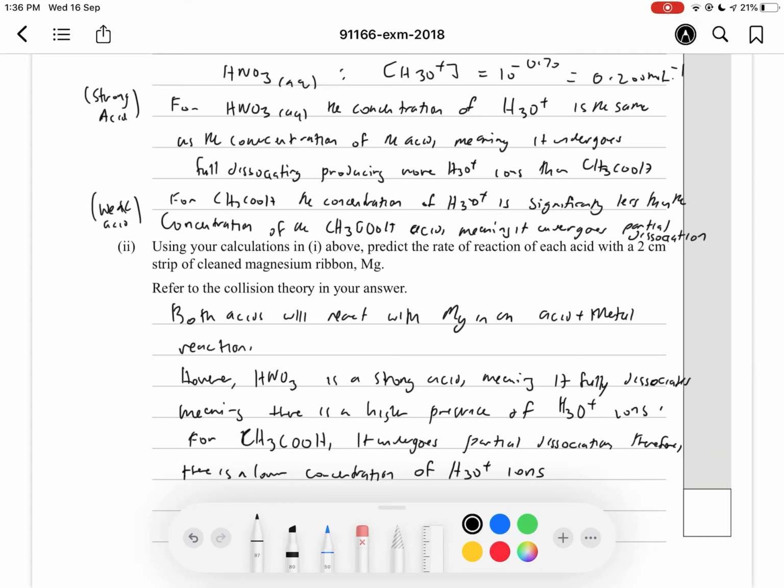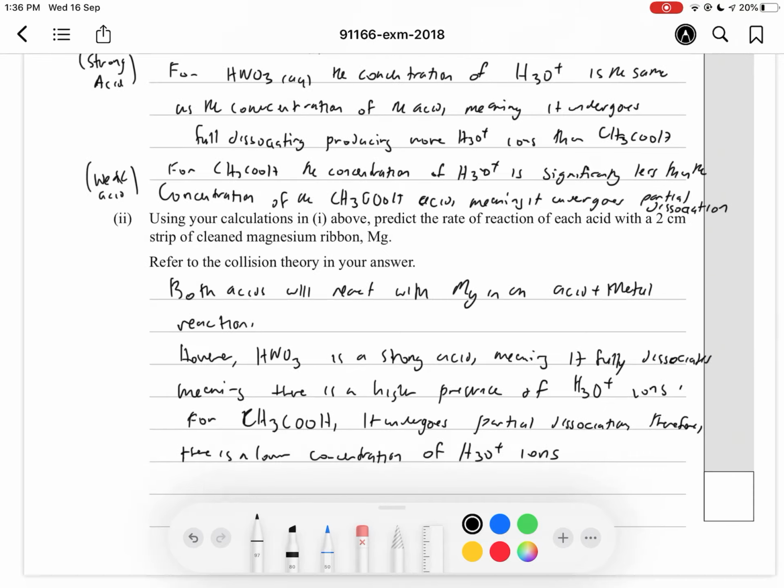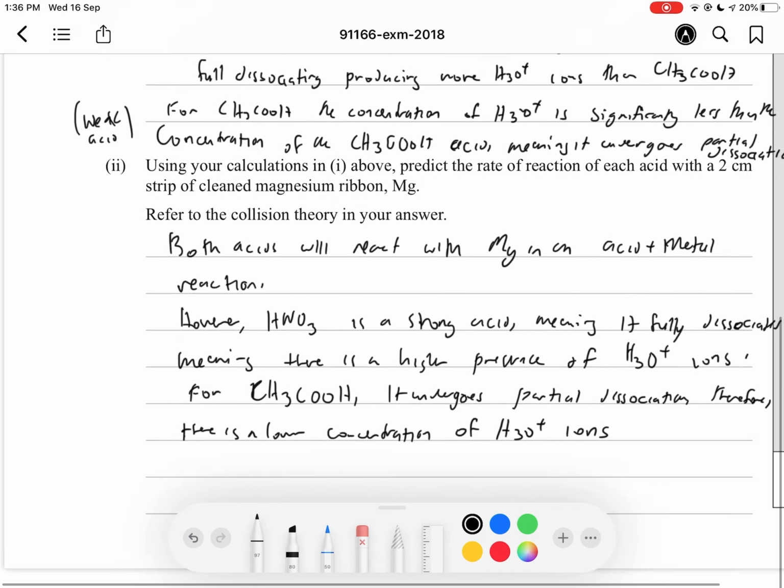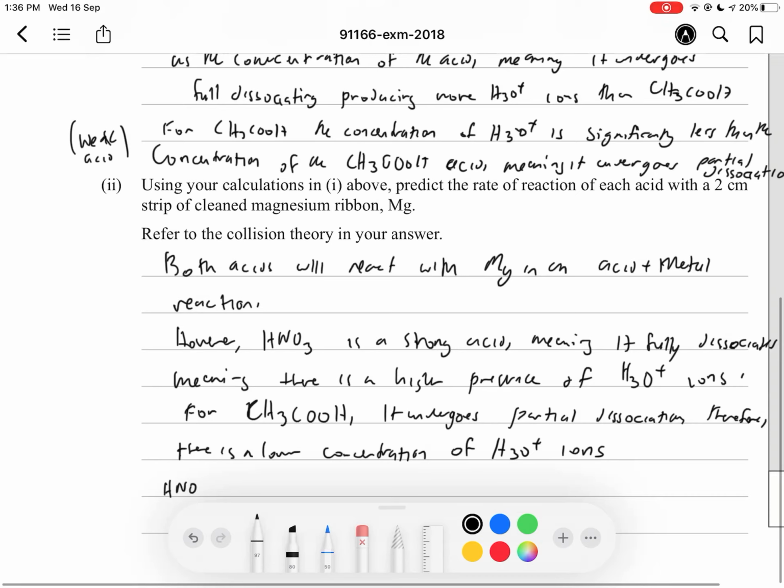So basically, you can say that the HNO3 will have a faster rate of reaction because there are more hydronium ions that can collide with the magnesium ribbon. So there are more effective collisions per second. Let's quickly write about the collision theory. HNO3 will have a higher rate of reaction with Mg